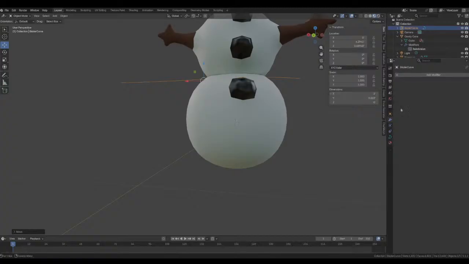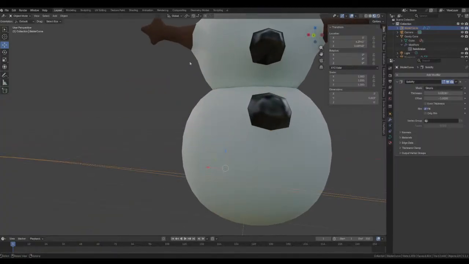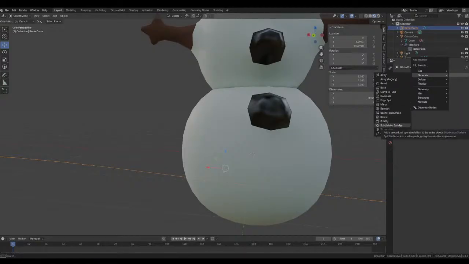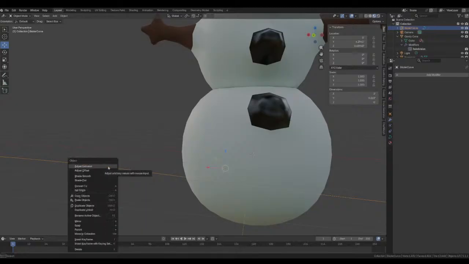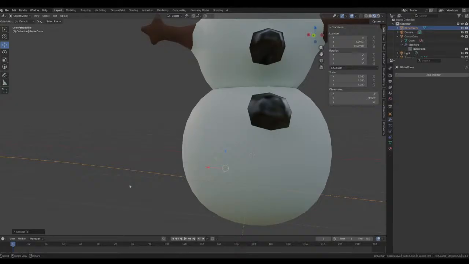I think I messed up. I gotta convert it to a mesh, don't I? So first thing I gotta do is I gotta do a solidify on it, I think. Yeah, I think that's what I gotta do. No, that's not what I gotta do. Okay, hang on. Give me a second, because I don't know exactly what I'm doing, but I'm gonna figure it out, okay? So we're gonna convert this to a mesh.